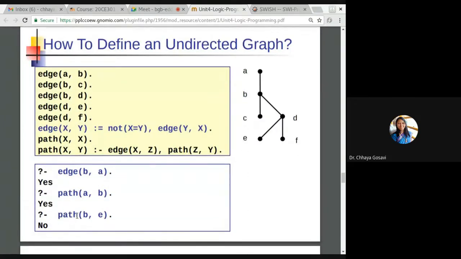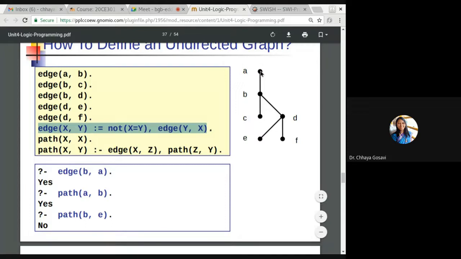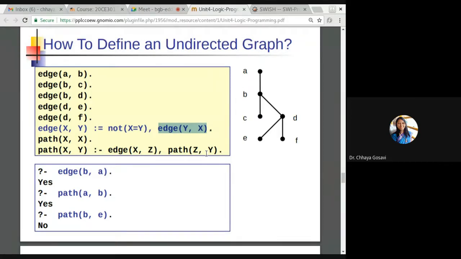So we tried to write one more rule here. Edge X to Y means if there is an edge from X to Y and X is not equal to Y, X and Y are two different vertices, we can say that there is an edge from Y to X. If there is an edge from A to B, there should be an edge from B to A. And without changing any other rule, again when we check, is there a path from B to E?